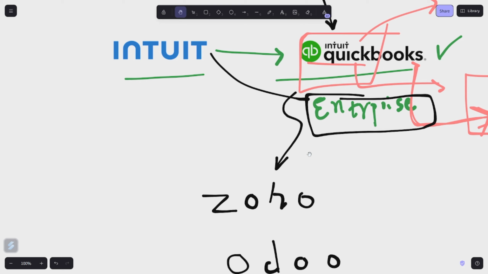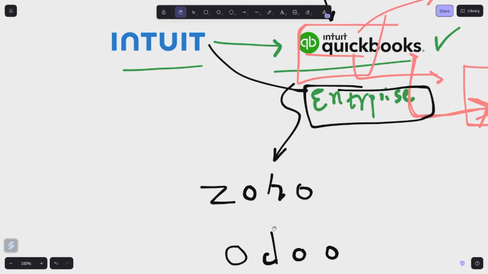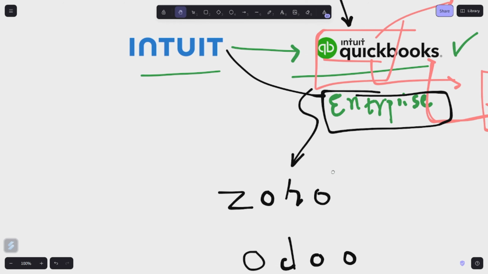I believe the other competitors would also be providing APIs, but my zoom out question to you would be, if a person is just starting a small business, a starting point would be Zoho Books, right? Because it's user friendly and relatively low cost.